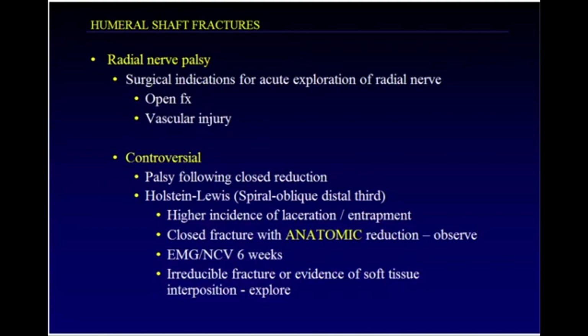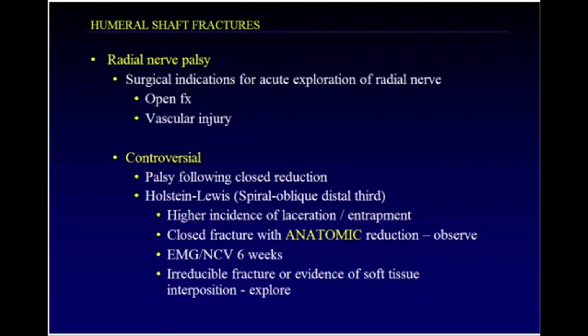If you have a palsy following a closed reduction, so you perform a closed reduction maneuver, you put the patient in a fracture brace, and the patient who previously had an intact neurologic exam now has evidence of radial nerve injury. When I was a resident, there's no question that the correct answer for that patient was surgical exploration. However, recently this has been looked at, and it's now understood that, again, most of these patients have a neuropraxia, and the nerve recovery will occur spontaneously in the vast majority of the cases, and those patients do not necessarily need surgical exploration. The one exception to that would be the Holstein-Lewis fracture, where because of the fracture anatomy,